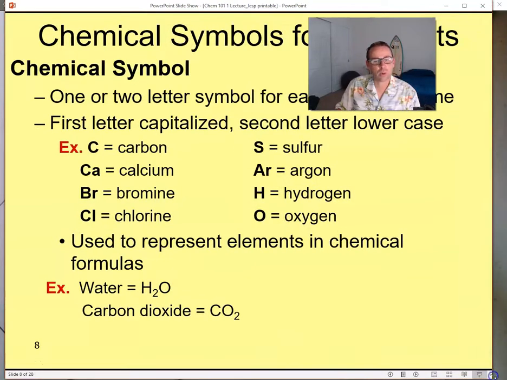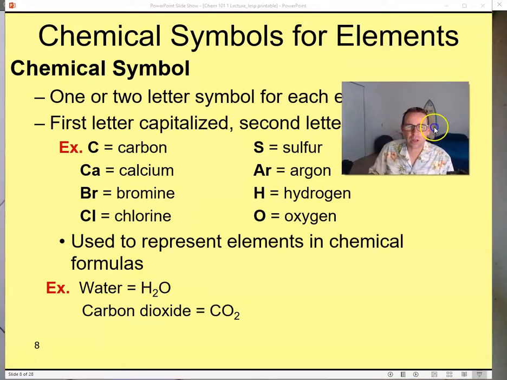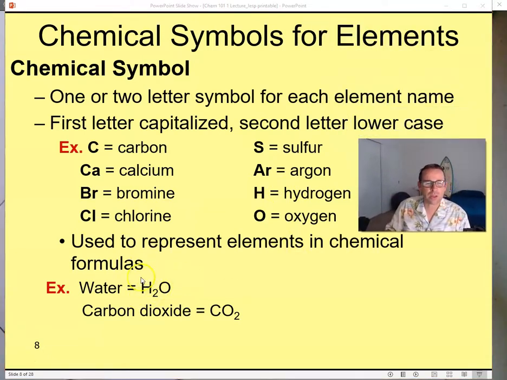Now, when you see water, when you see H2O, is it clear enough to you, or do you have any familiarity with how you can determine how many? So we can hopefully see that this contains hydrogen and oxygen, but can you tell how many hydrogens and how many oxygens this molecule contains? So the two would indicate two atoms of hydrogen. That's right. 2 atoms of hydrogen and then 1 atom of